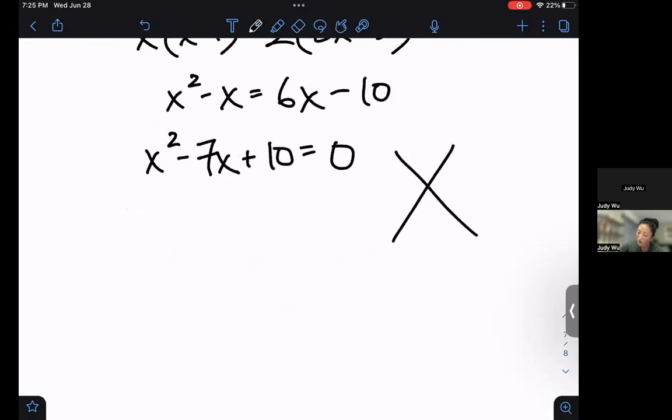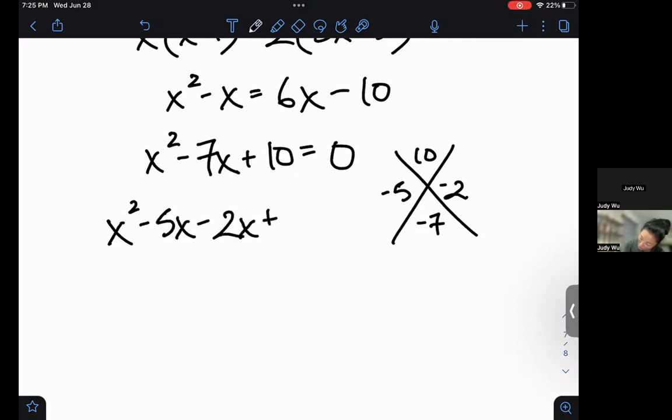All right, let's set up for our factoring. 10 and negative 7. All right, these numbers are a little bit smaller. That's good. We want numbers that multiply to make 10, but add to make negative 7. So negative 5 and negative 2 will get us there. x squared minus 5x minus 2x plus 10 equals 0. And this negative 7x became that part, right? Now we clump our first two and our second two,